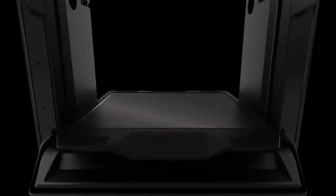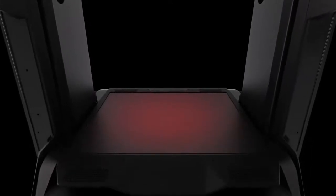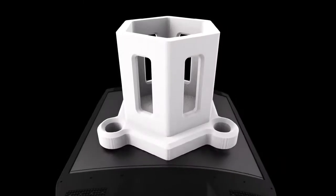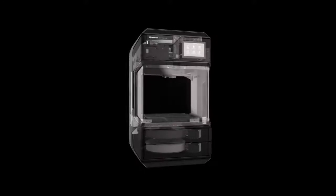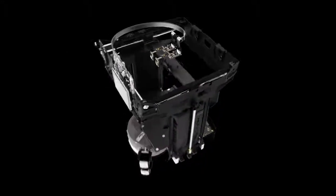Build plate adhesion comes from a layer of polycarbonate and the elevated temperature of the plate as it absorbs heat from the circulating heated chamber. Once the print is complete, the plate pulls off from its base and can be easily flexed to release the finished printed part. Combined with MakerBot's existing suite of smart accessibility features and software, including 21 strategically placed sensors, a